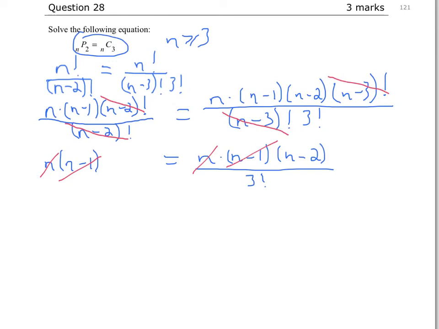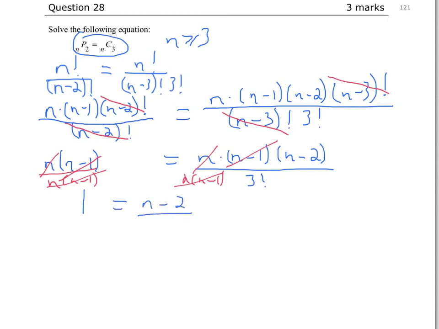What I'm left with on the left-hand side is 1, because I am dividing by n times (n minus 1) on both sides. So I'm left with a 1 on the left-hand side, and that equals